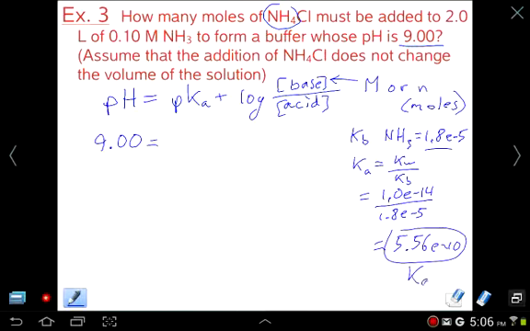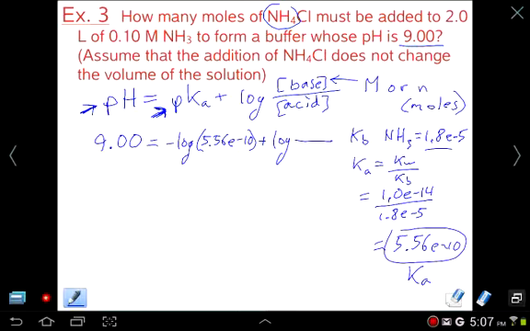We'll need the Ka in order to solve this equation, because recall this p means the negative log of, just like the p in pH means negative log of H. So we have the negative log of 5.56 times 10 to the negative 10th, plus log of, now our base is actually